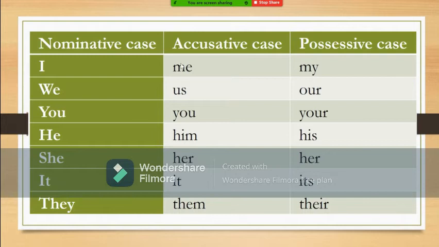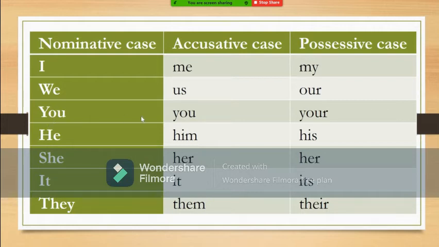The form of accusative case is applied to the dative case also. So the form of accusative case is used in indirect objects also. That is the point we have to note. I, it is subject I. When it becomes object, me. When it is in the form of telling possession, then it becomes my. Like that, we, first person plural. When it becomes a subject, we. When it becomes an object, us. When it is in possessive case, our.